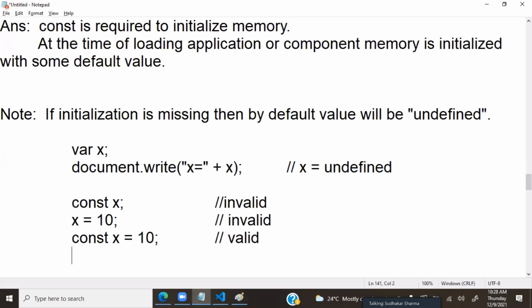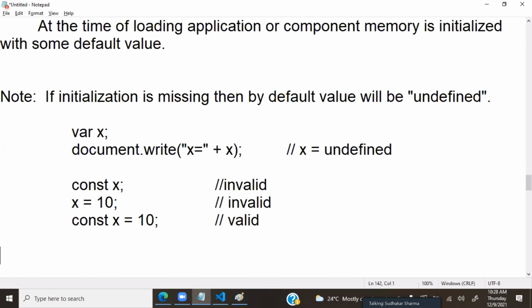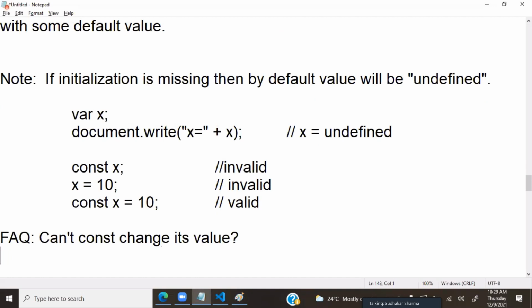And of course, it will not allow hoisting, it will not allow shadowing, and its scope is block. So constant is not about read only. Constant is about whether you can assign a value or not. So if anyone asks a question, can constant change its value? Can constant change its value? The answer is